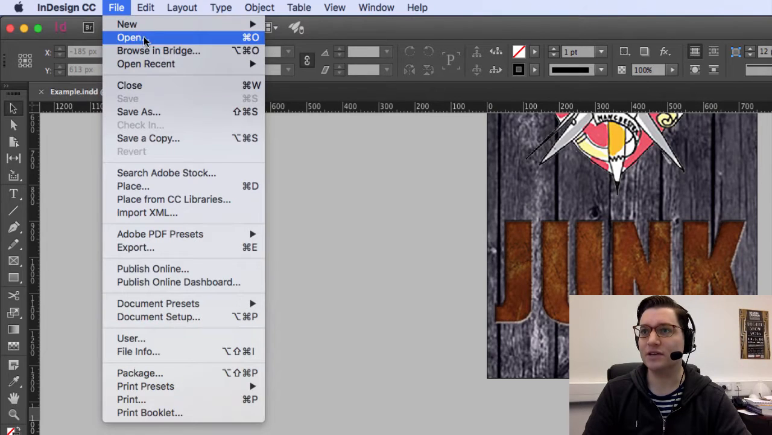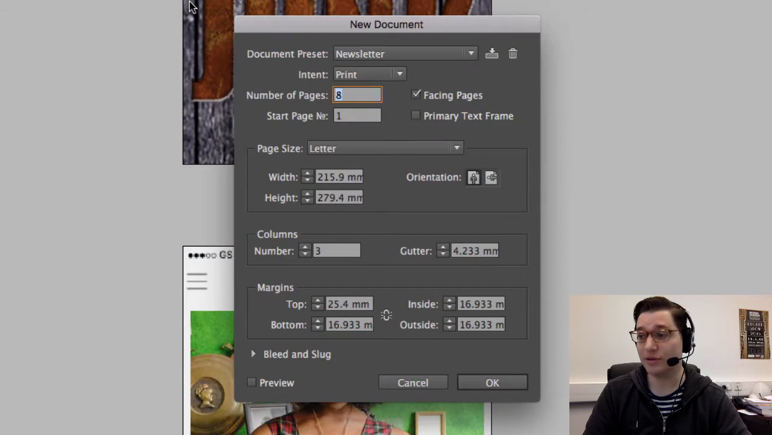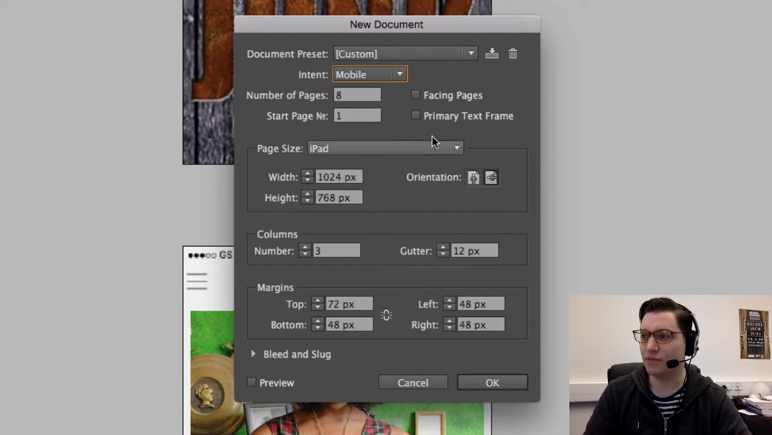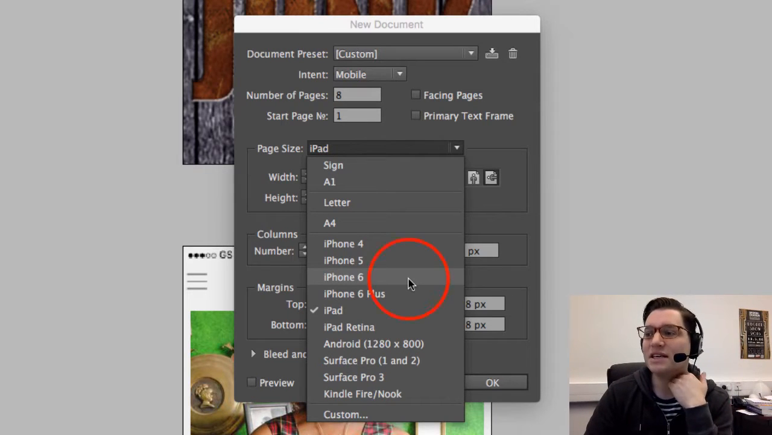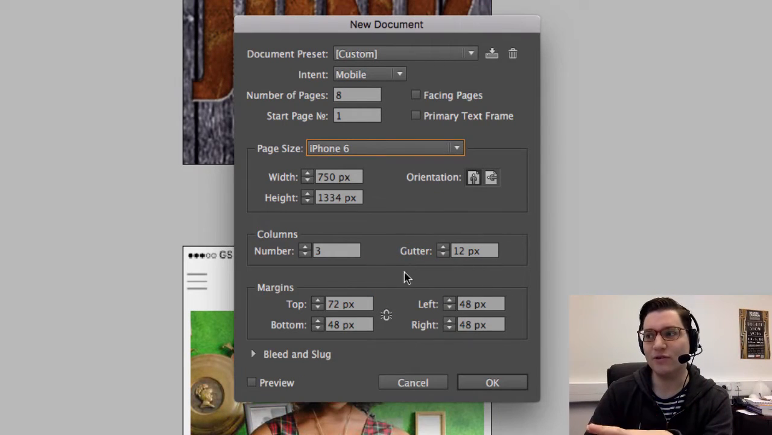So in InDesign, go to File, New, Document. Now we've got quite a few options here we can play with, but firstly we're going to start with the intent. So we're going to choose mobile. So we've already started to default everything to a mobile interface. So the page size, we're going to go for iPhone 6, because we haven't got iPhone 7 on Creative Cloud yet, but that's going to give us the right dimensions of the screen for